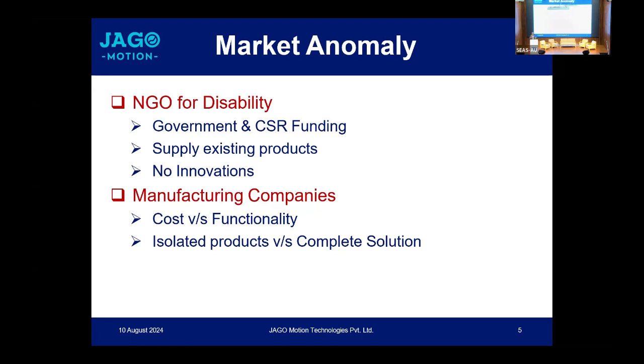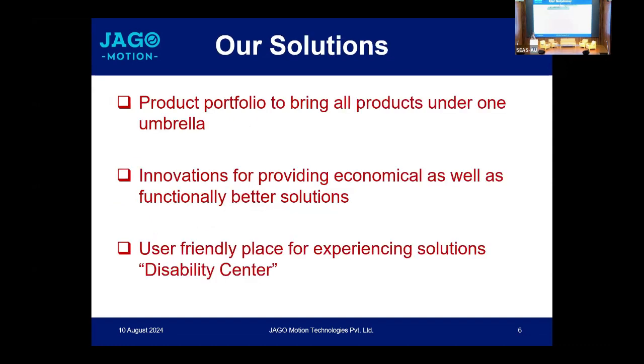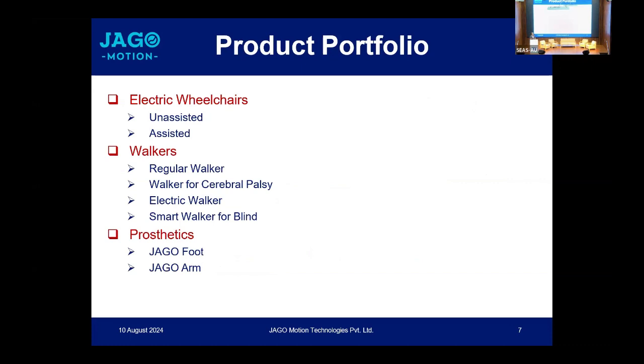So somehow startups should come together or somebody should take the effort of getting these solutions and selling them under one umbrella. Like a DMart for disability, something like that. So I'm trying to think in this direction. This is a sort of portfolio we are building. I will not be able to spend too much time on showing all these things. I'll just give you a glimpse.